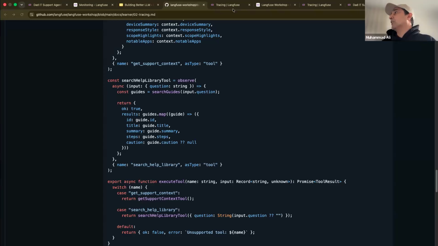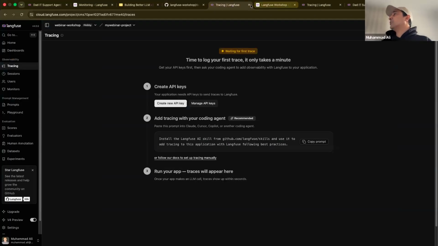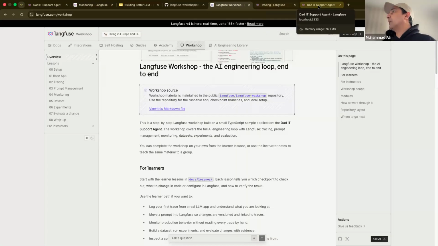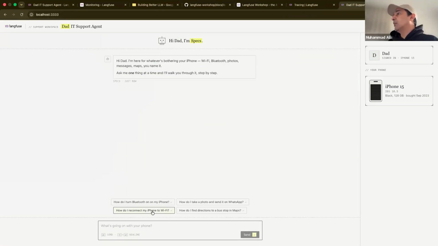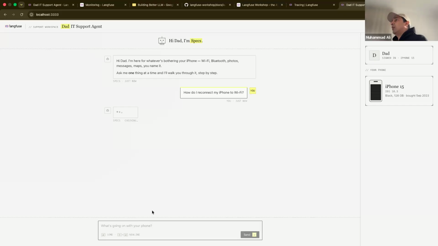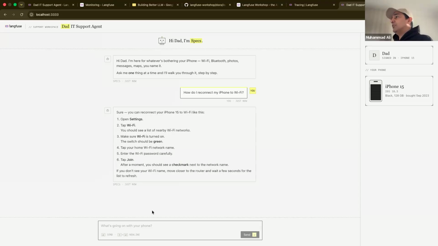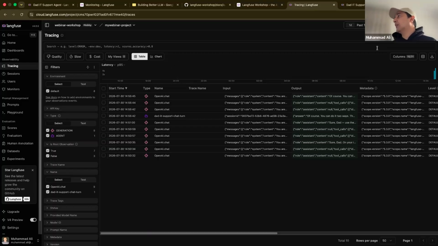So, all right. With that little bit of change in there, I am going to go back to my dad IT support agent, refresh this, and say, how do I reconnect my iPhone to my Wi-Fi? And there will be an answer. Again, give it a couple of minutes and those traces will pop up.